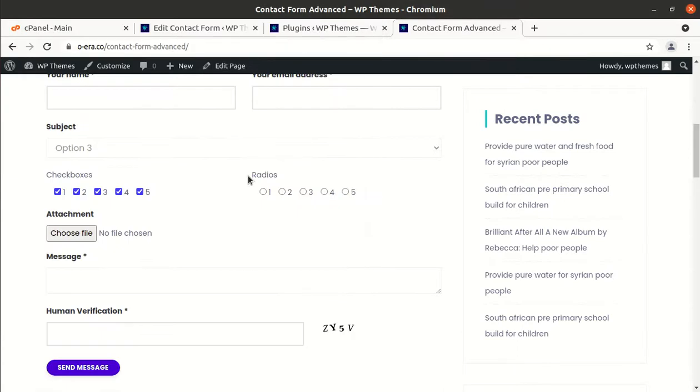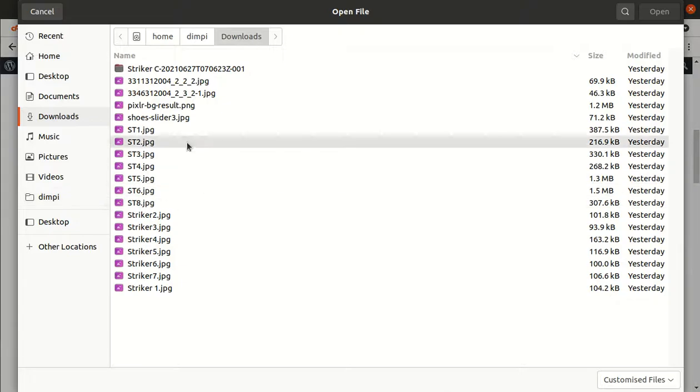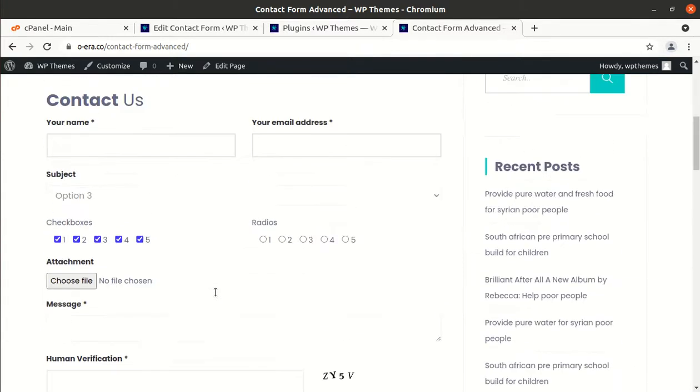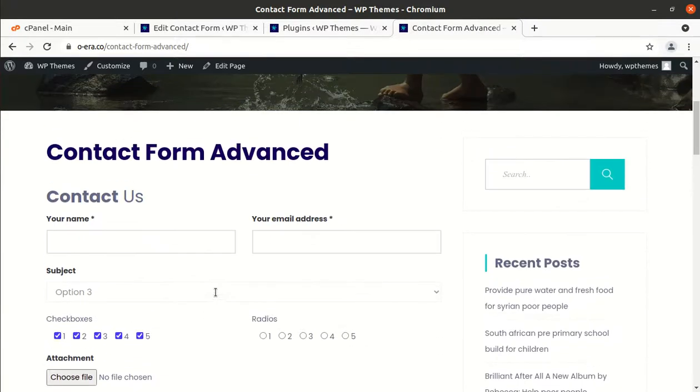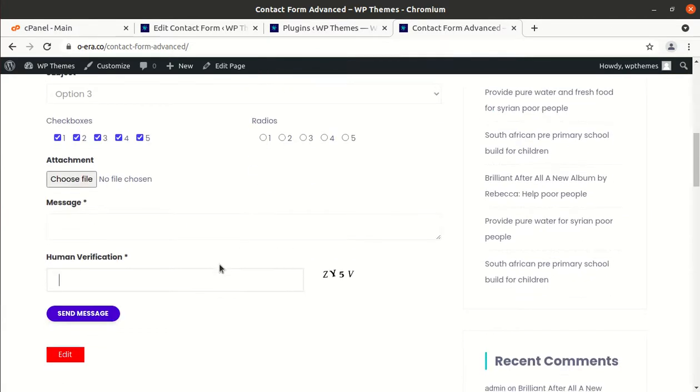Okay, great. So, radio button has been given, and the most important part, the attachment of file is here. So, you can use the attachment option here, and it is working wonderfully. Okay, and human verification as we used in the first part of this video. So, everything is here, and this contact form brings a more professional look and more features to your website. Similarly, you can add more fields, and that will come with the human verification, I mean with the CAPTCHA, and you can use this form at your website, of course.